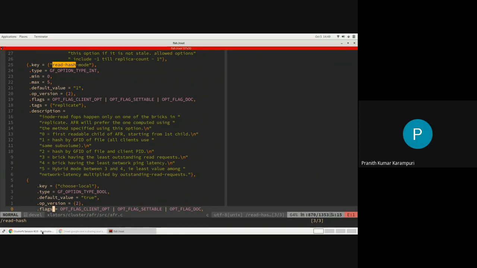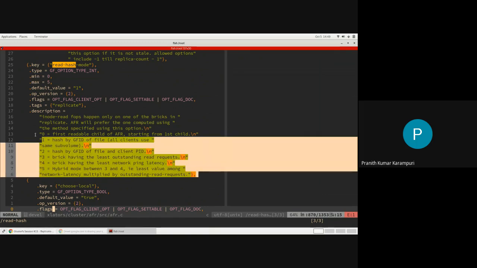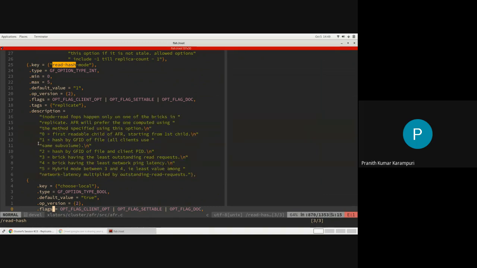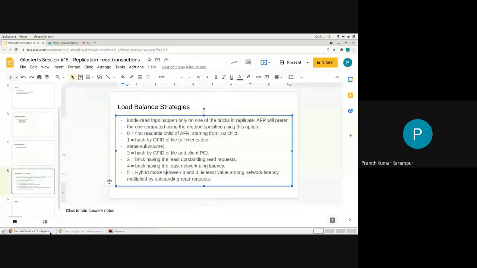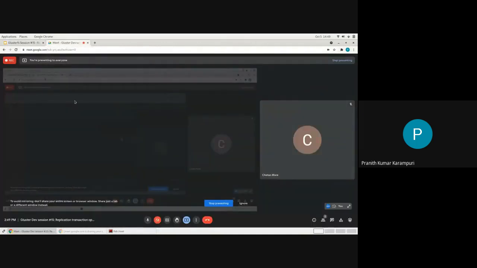One thing is always going to be there: if a brick is not good, it will not be considered for reading, whatever mode you select here. This mode is applicable only if that brick is good. Otherwise, it won't come into force. Okay? So that I think completes the read part of the transaction also. Any doubts here, Chetan? No, fine.